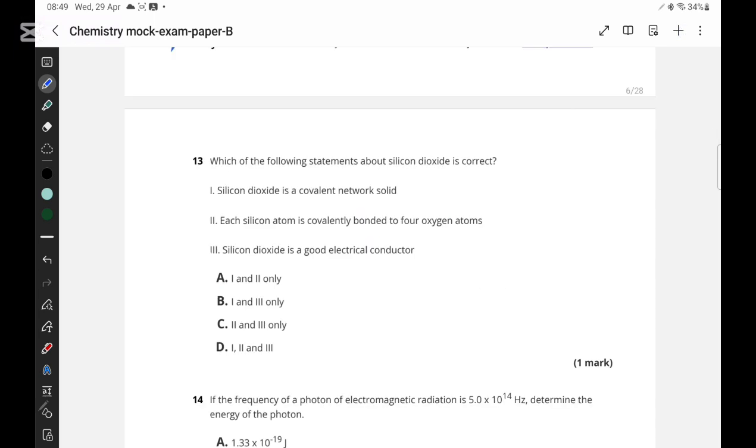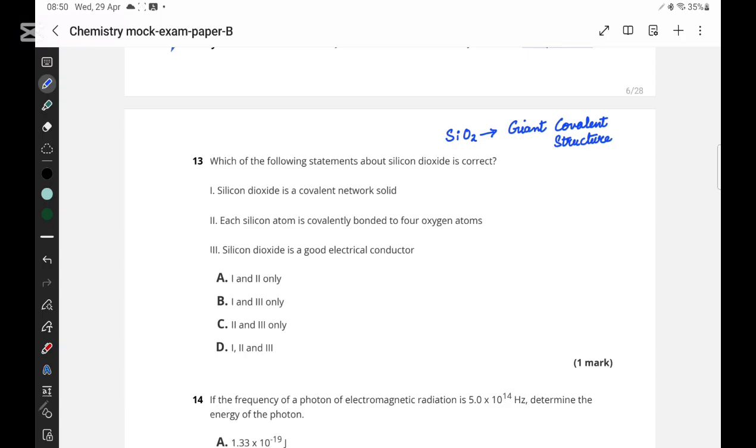So for question number 13, which of the following statements about silicon dioxide is correct? Silicon dioxide is a covalent network solid. First of all, silicon dioxide, which is SiO2, has a giant covalent structure similar to diamond, similar to graphite, and it is going to have what happens in its structure,